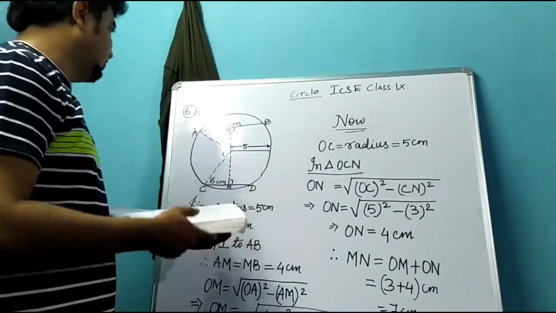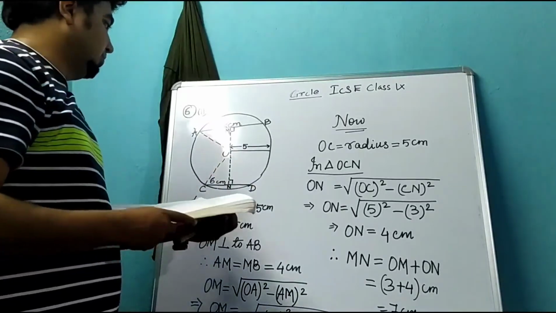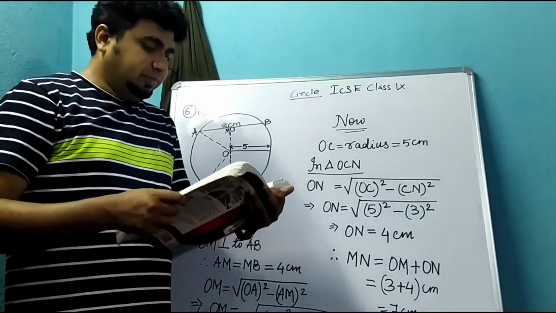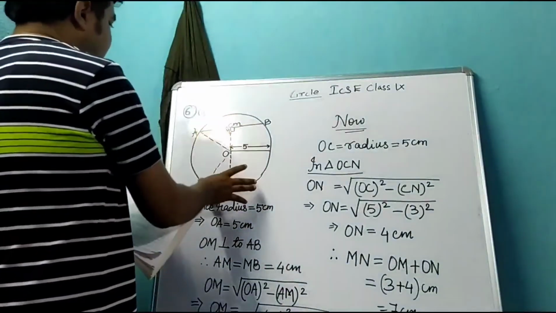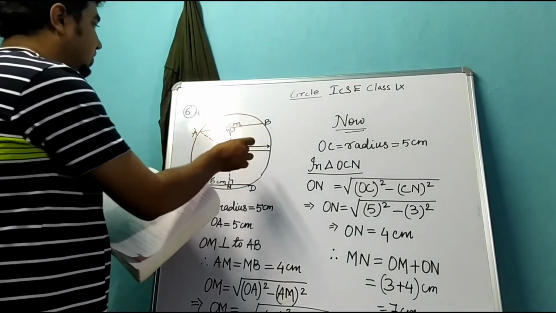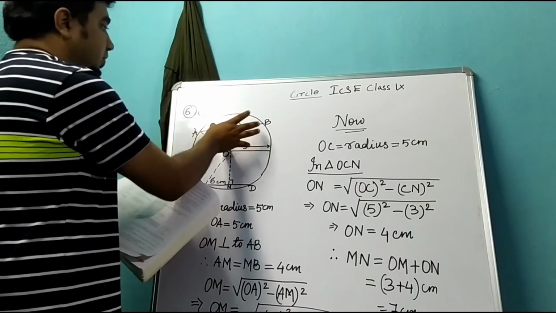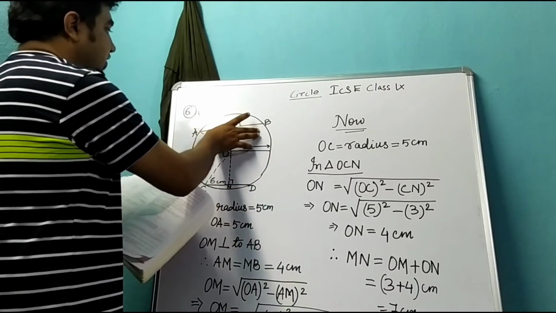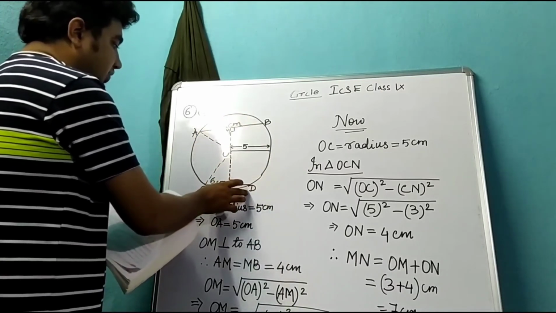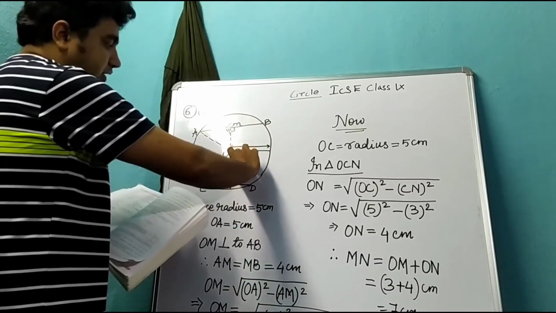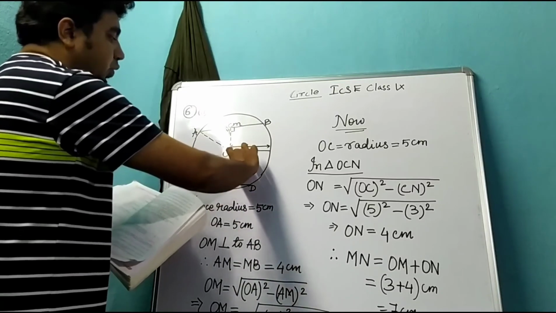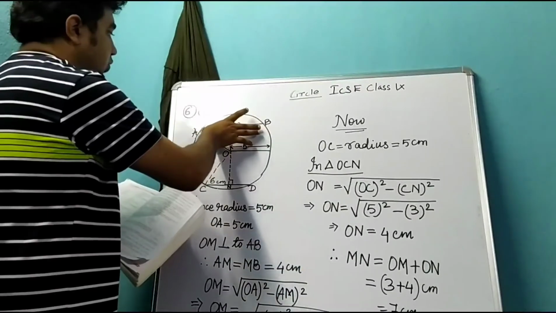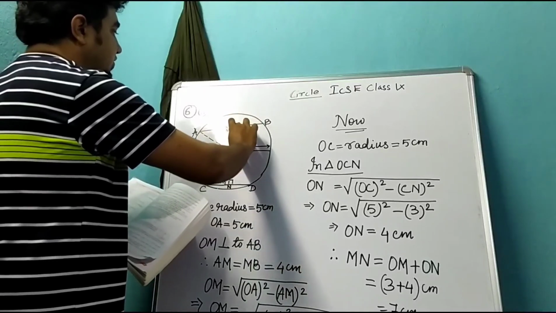We are going to discuss question number 6 bit 2. In question number 6 bit 2, it is given that two chords AB and CD are parallel, and in which AB length is more, means the distance from the center you will be finding is less. AB length is 8 centimeter and CD length is 6 centimeter. So you will see that the distance from the center of CD is more, as the chord length is less, and here the chord length is more, so the distance from the center is less.